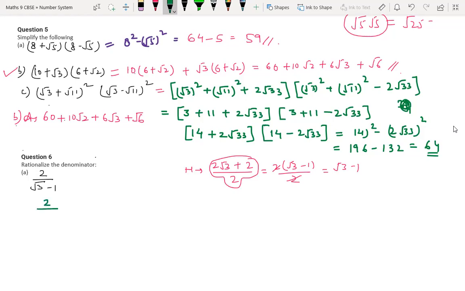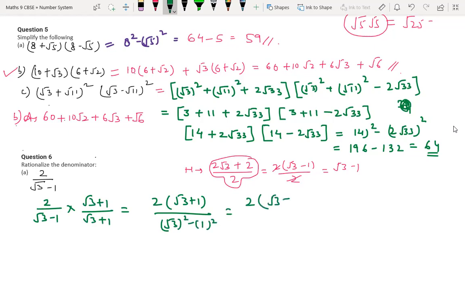So we have to multiply 2 by root 3 minus 1 to multiply by root 3 plus 1 divided by root 3 plus 1. So we are getting 2 in bracket. You can write root 3 plus 1. Don't multiply first. This is a better option actually. 2 into root 3 plus 1. Don't multiply this 2 inside. It may cancel. Yes, sir. So here root 3 whole square minus 1 whole square. So we get 2 root 3 plus 1 divided by 3 minus 1. That is 2 root 3 plus 1 divided by 2. So this will get cancelled. So here plus will be there, no? Plus, and here also plus. So root 3 plus 1 is the answer.